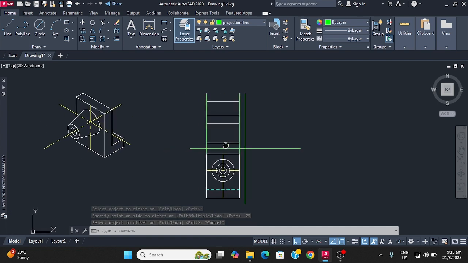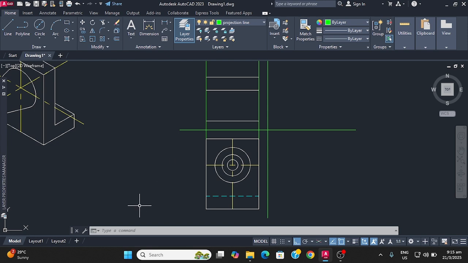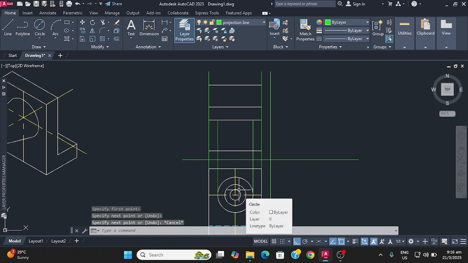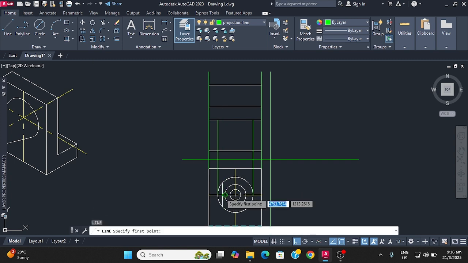And then I'm gonna draw some projection lines to represent the circles. Now, line command from this point here where the center line touches the circle, it should go to this line here, which is the 35 from the front of the object. The same thing on the other side, from here, end of the circle, to this line. Now remember that the two smaller circles here are on the front of the object. So drawing a line from here, then this line stops here. Same thing for the other side. Line command from here